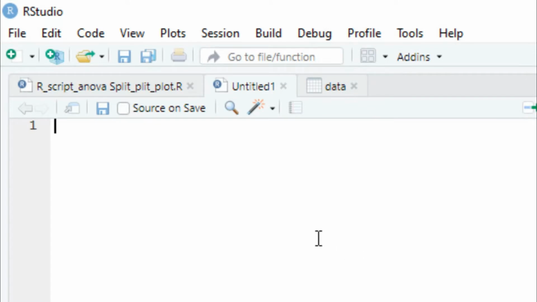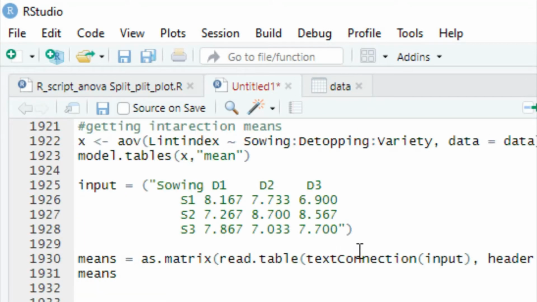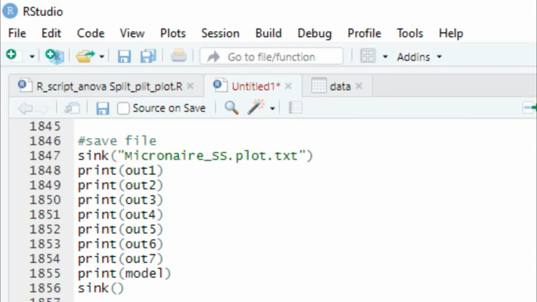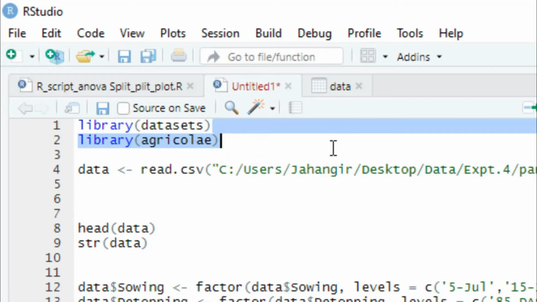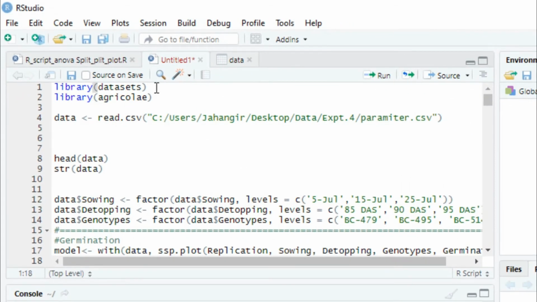First we need to install packages. We need to install two packages, but these two packages are already installed on my computer, so I do not need to install them again. I only call the library. So first we write library and run.